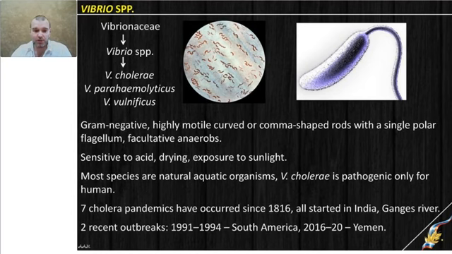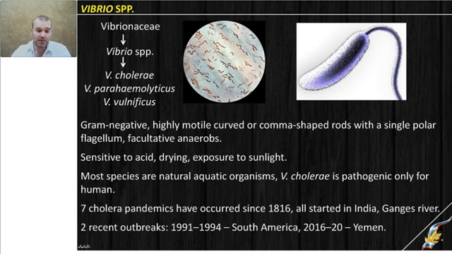Actually, we have few additional species which you can meet in clinical practice, but of course the major pathogen is Vibrio cholera. As well, it is gram-negative rod-shaped bacteria. It can have some curved shape or resemble comma shape. It has single polar flagella, which gives unique shape to that bacteria. By type of respiration, it is facultative anaerobic, means it is both aerobic and anaerobic bacteria.